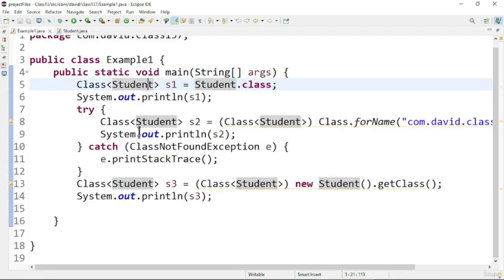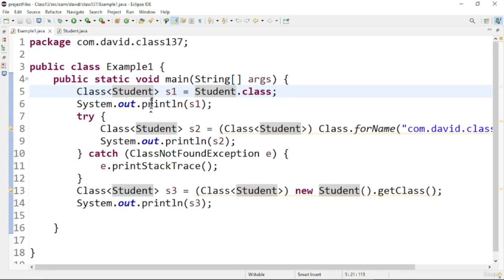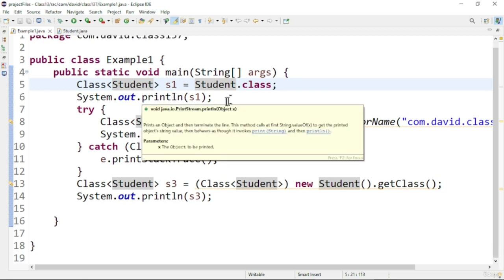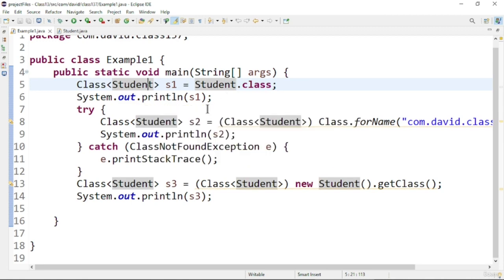Here you can see the first notation I am using is the .class notation, and that will get me the particular class object. Another form is using the Class.forName method, and the next is using the getClass method by creating a new object and calling its getClass method.